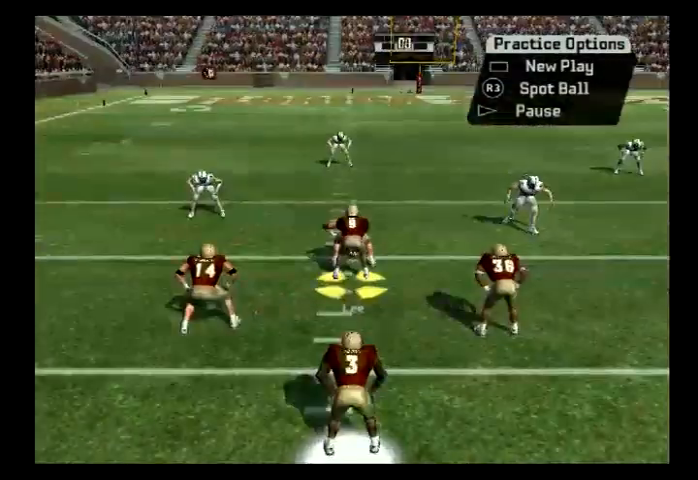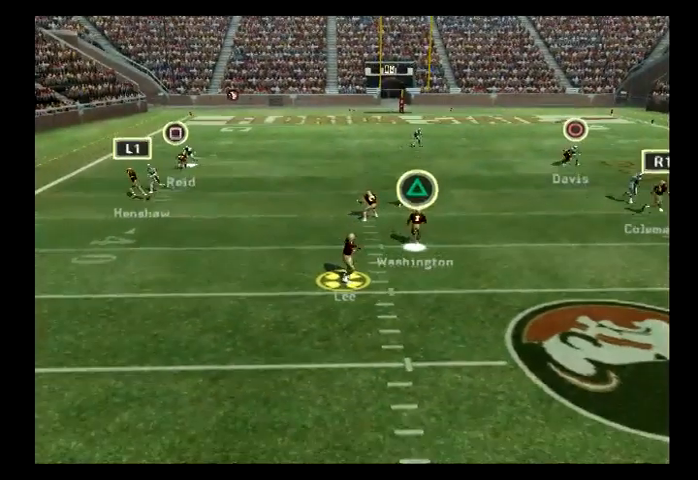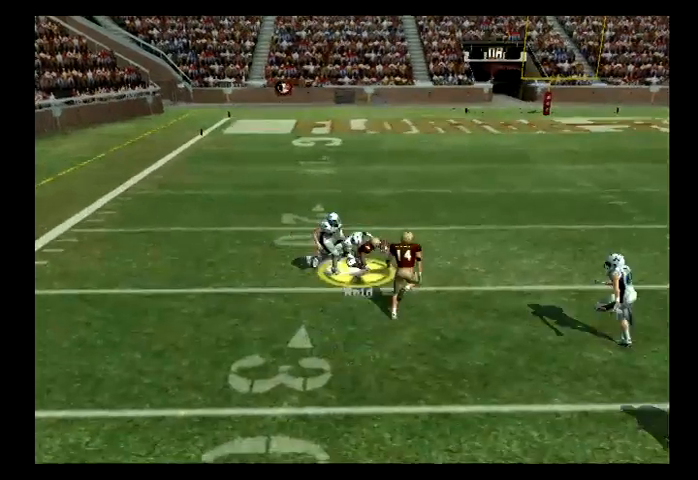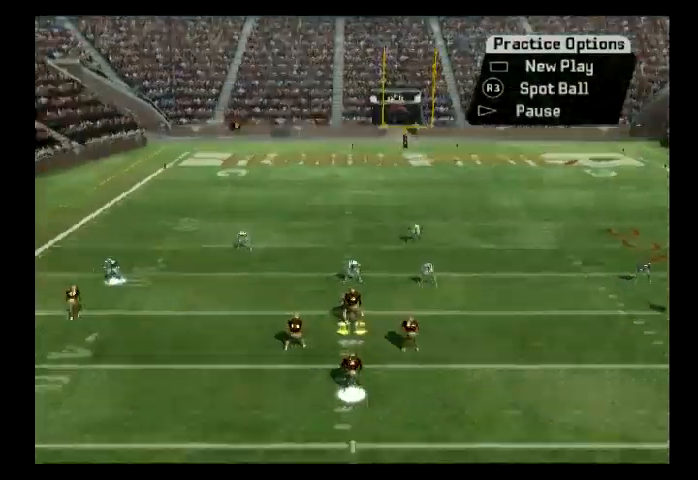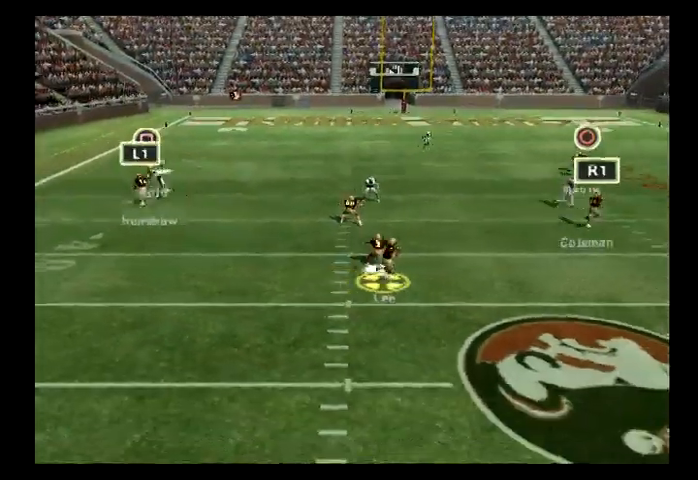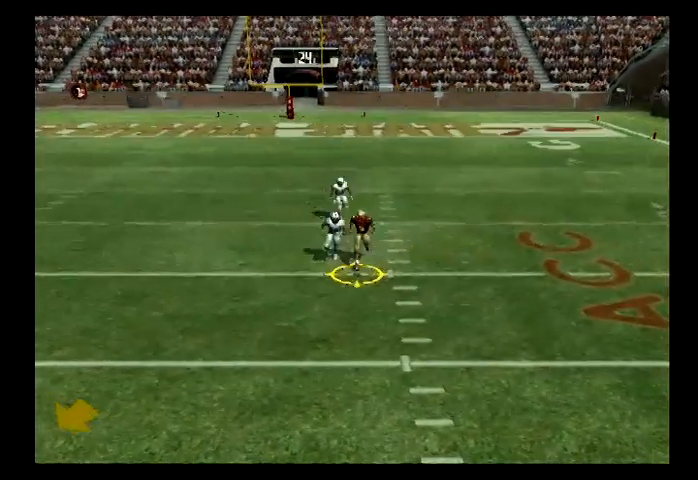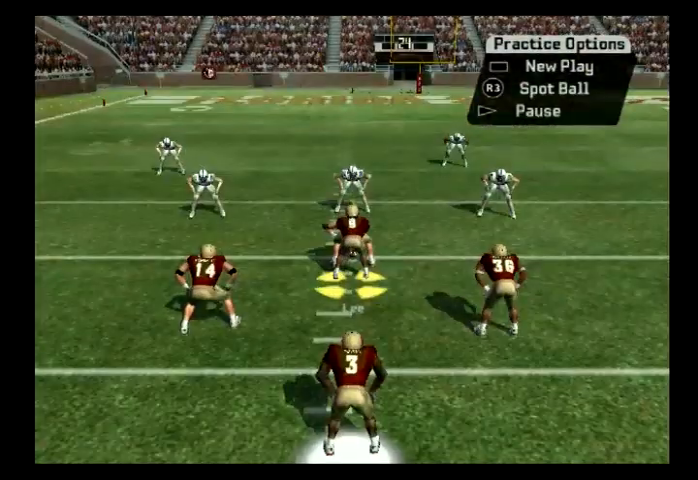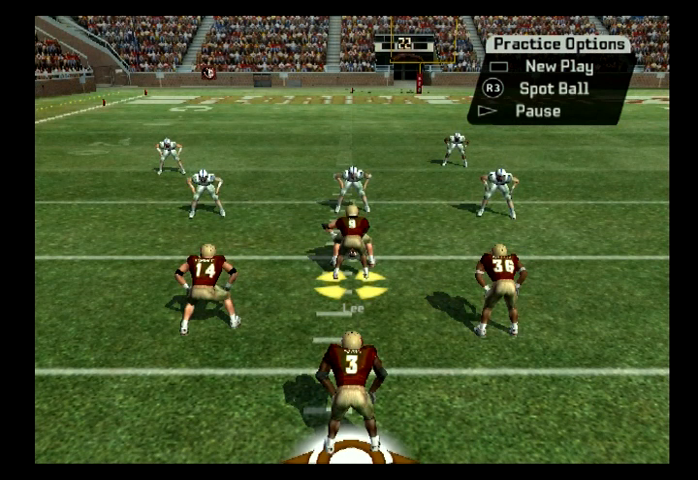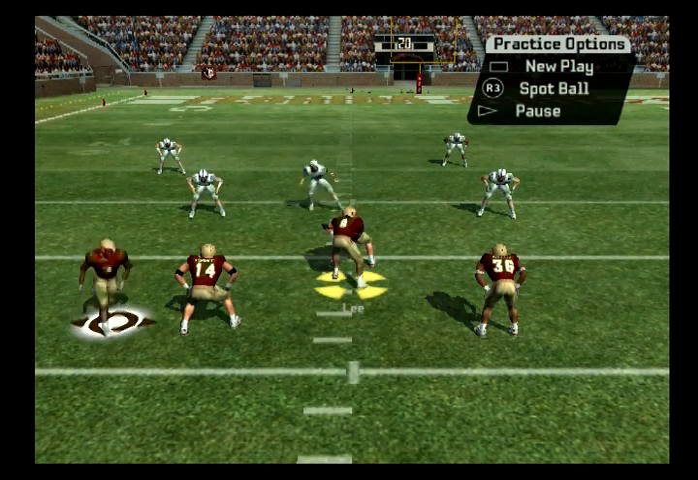We're on the left hash. Looks like they're going man, I think. Go to a curl. Going man again. Just go to either curl. Got to make the catch. Zone. You can do one of 2 things here. You can either... No, go back. You can either